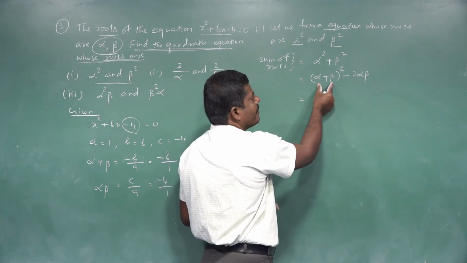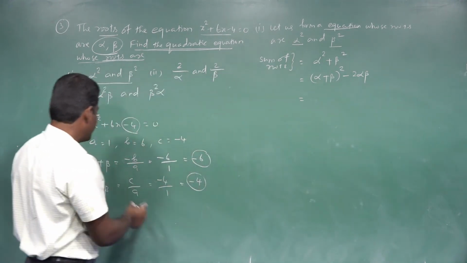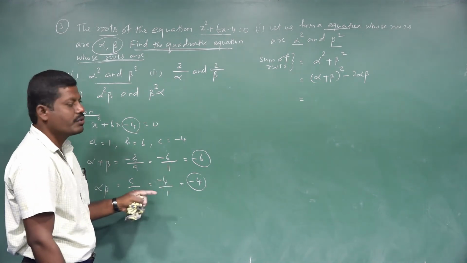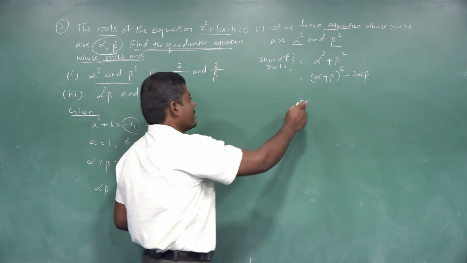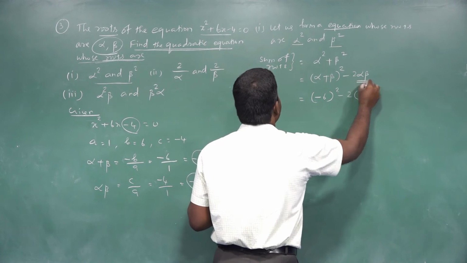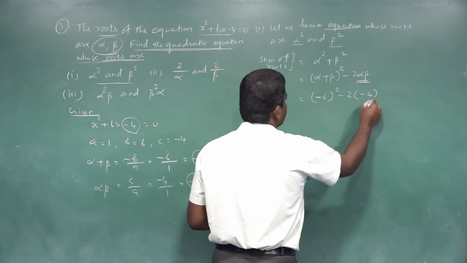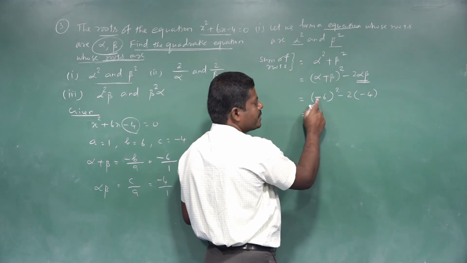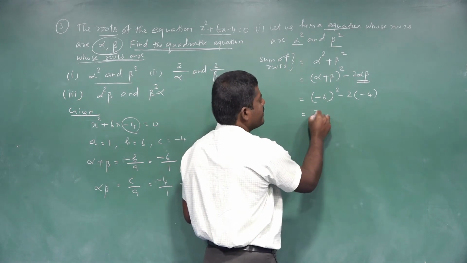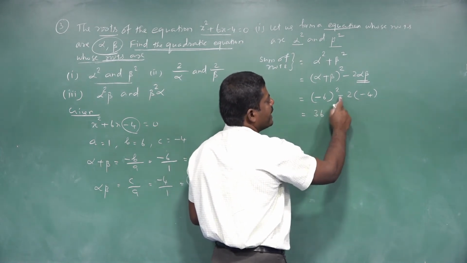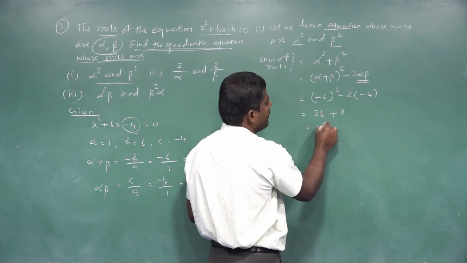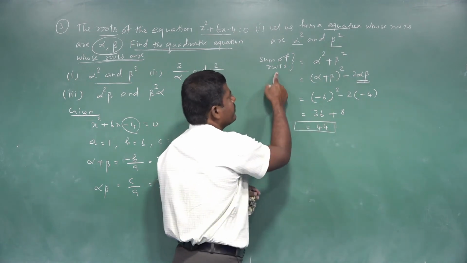So, now we know alpha plus beta value and alpha beta value. Alpha plus beta value is minus 6, alpha beta value is minus 4. Understand? Substitute these two values in that expression. Alpha plus beta value is minus 6 the whole square minus 2 of alpha beta value, minus 4. So minus 6 square, minus becomes positive because minus has even power. So 6 square is nothing but 36, minus 2 multiple minus 4, minus into minus plus, 2 4s are 8. Understand? 36 plus 8 is 44. This is the sum of roots.